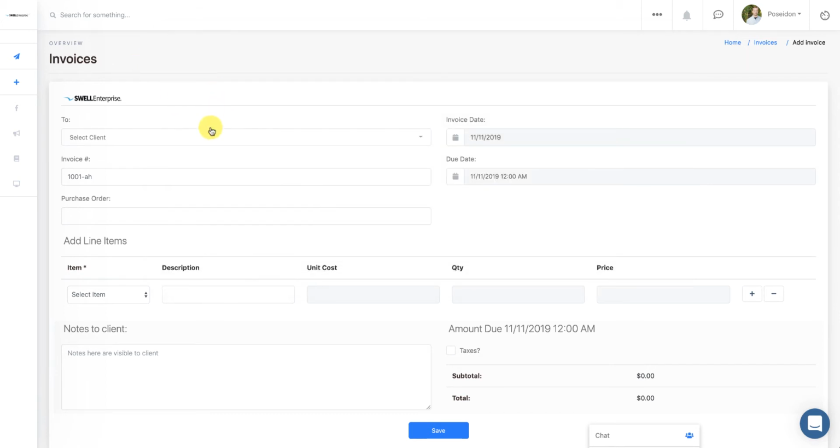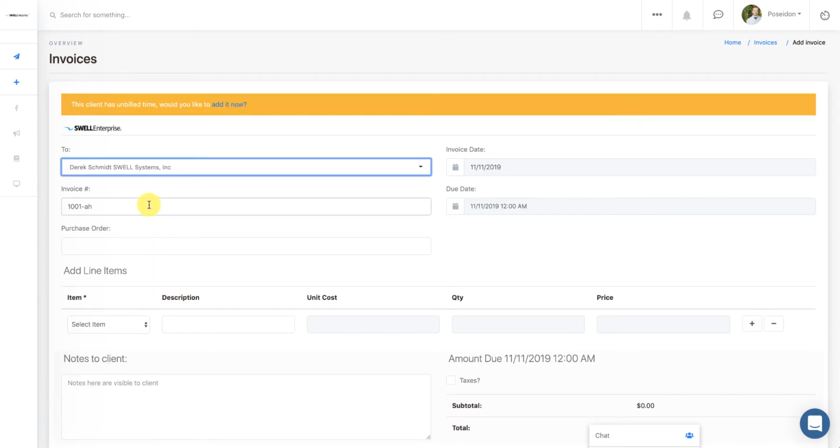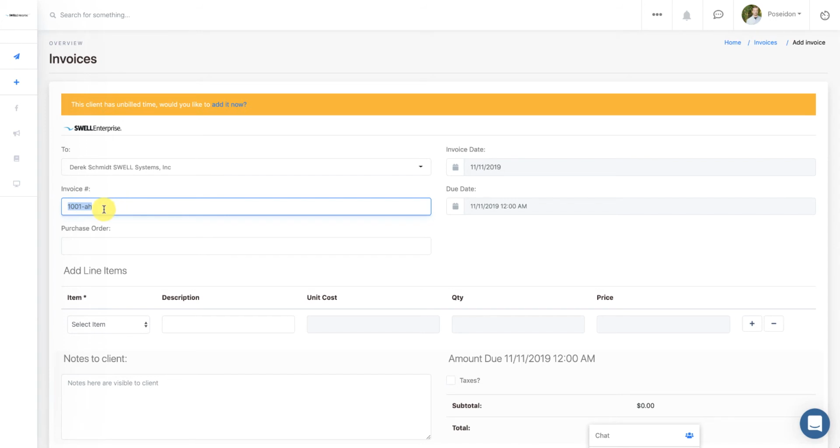So the first thing you'll want to do is select a client, and then you can create a custom invoice number. And what this does is this actually auto increments. So if we start this, for example, at 1-A, the next invoice we create will be 1-B, 1-C, and so on. You could also just use numerical values here, so 1, and then the next invoice we create will be 2,